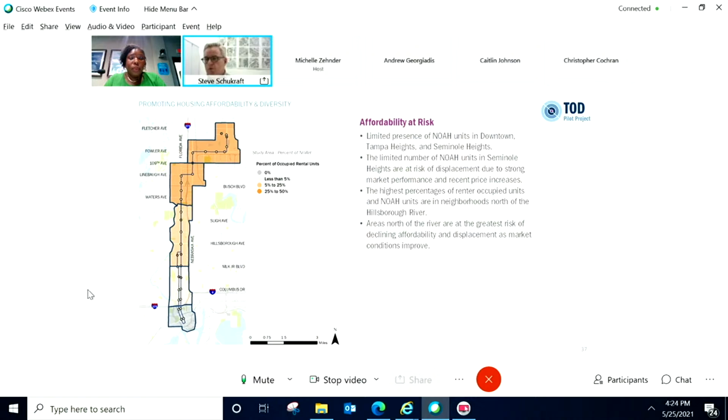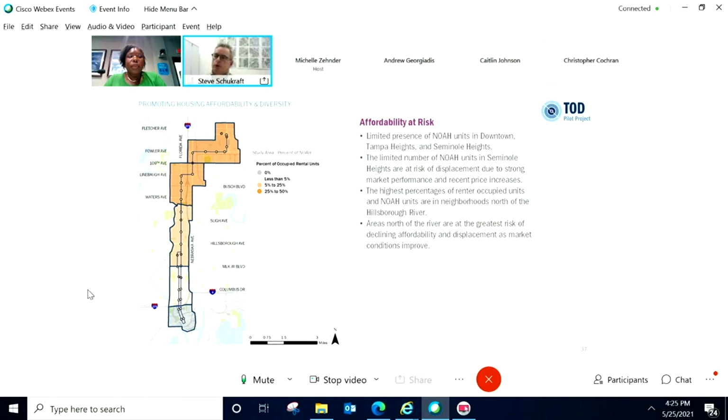So the headline here is the affordability that exists now is at risk. There's limited presence of the naturally occurring affordable housing units in the southern end of the corridor. And if you know the corridor, you know that the market's changed significantly in Tampa Heights and in Seminole Heights over the last 10 plus years. What we see is the highest percentage of renter-occupied units and NOAH units are in neighborhoods north of the Hillsborough River.